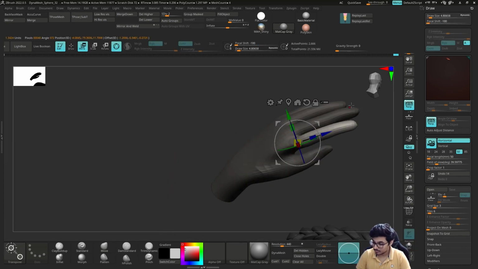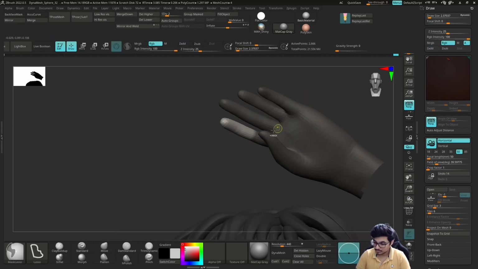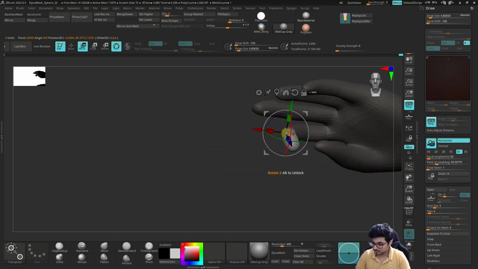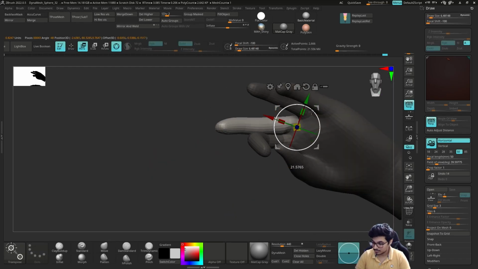This, again, was not visible from any point, so I had to guess how this hand looks, and